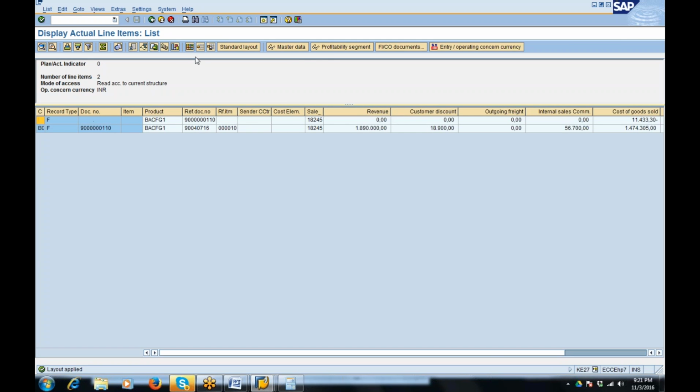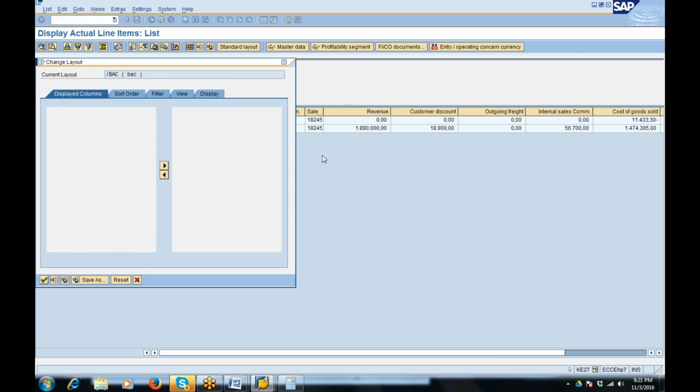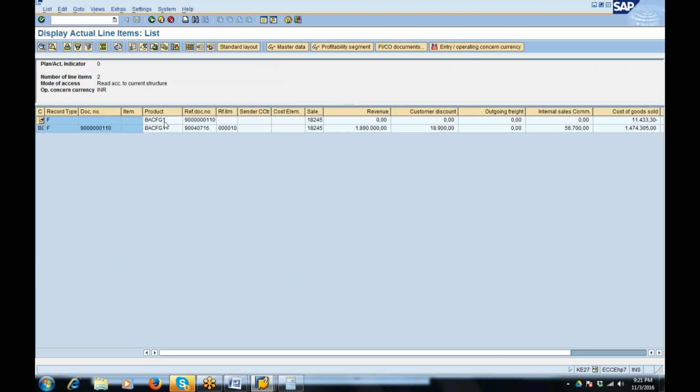Okay, maybe this is okay. Let us check. Is there any product or material, something like that? And you can even use this. Product is there here, right? Yeah, BAC FG1, and this is